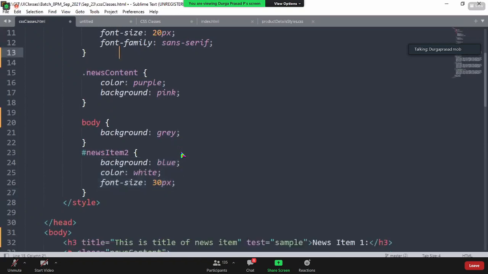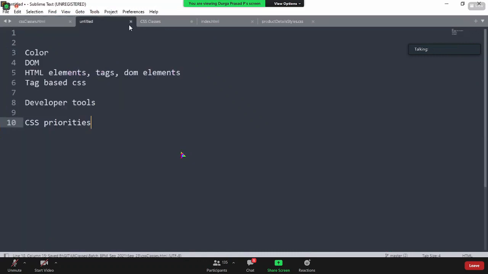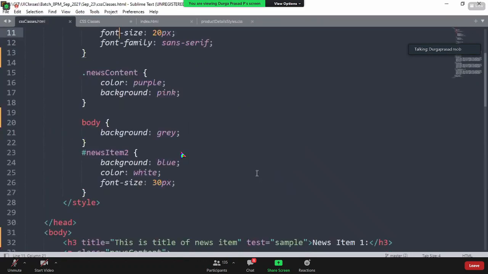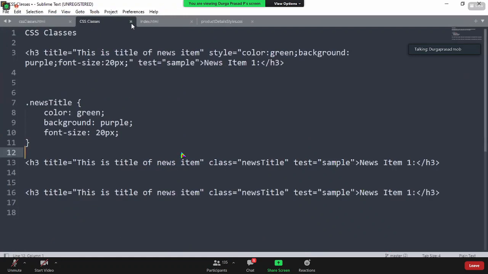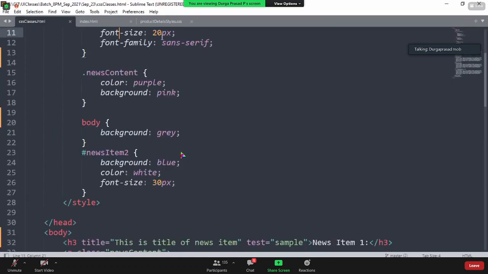Okay, the next part what I have is, as I said. So the next topic, actually, you know what it has to be? It has to be something called CSS priority. Yesterday, a lot of people have kept a lot of good questions, that was, okay, right now you are having 4 different ways.